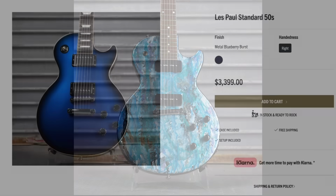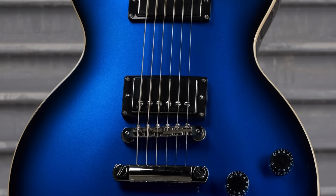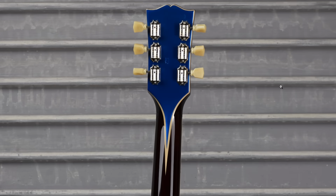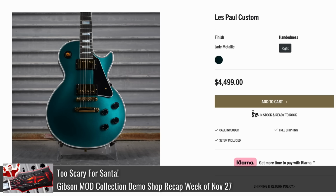But speaking of that, here's a '50s Standard that they did in Metal Blueberry Burst. That's quite the shocking finish. A little bit of a dark border, black plastics, but a nice strong cobalt blue color. With a black back, but hey, check out that neck. Blue stinger with an outlining gold stinger, but a regular headstock. They're really leaning into the blues this week, but at least we have a break from the spooky stuff,